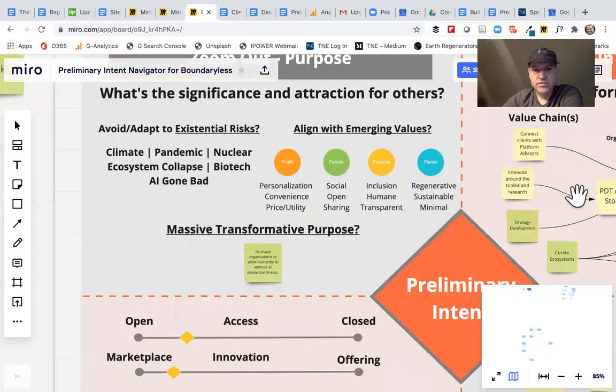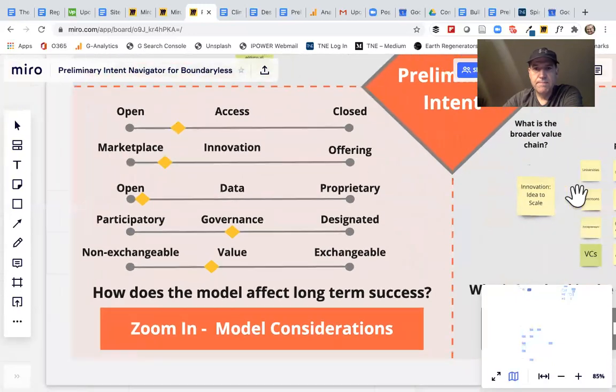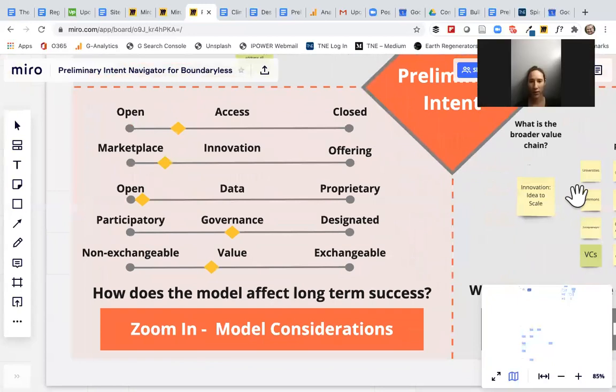All right, so we'll go down to the yellow quadrant. Yeah. And this one is probably best reserved for last, because it's asking, now that you have zoomed out, zoomed in a little bit, and thought about where your focus is and what opportunities exist, what kind of model do you want to underpin it?